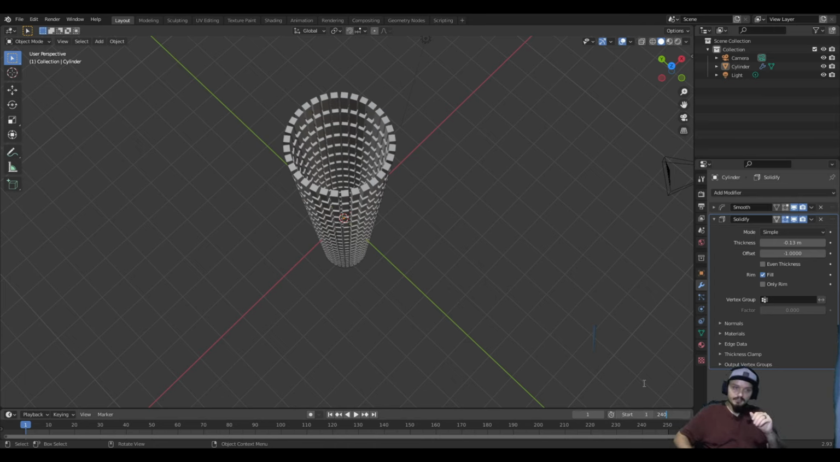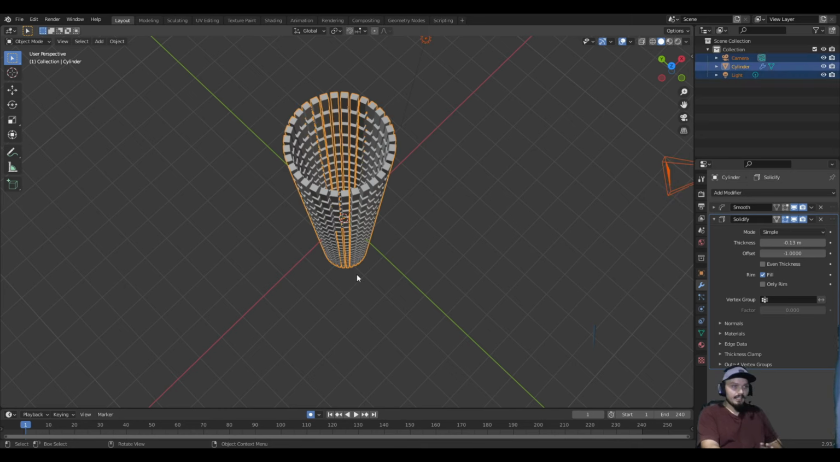So I'm going to give myself 240 frames to work with. The next thing we want to do is click this little circle button down here. It's an auto keying button. We want to click that on. We then want to hit A to select all of our items here. And then we want to click just the cylinder so we're not interacting with the camera or the lighting option,